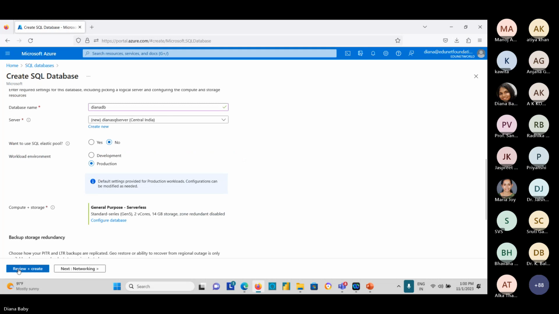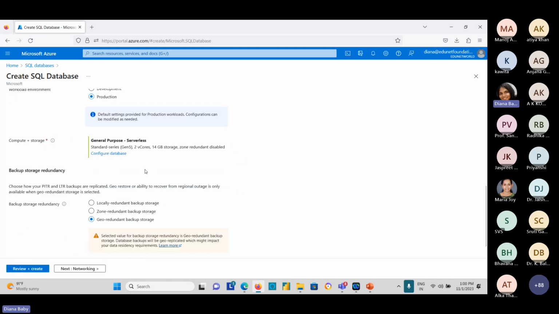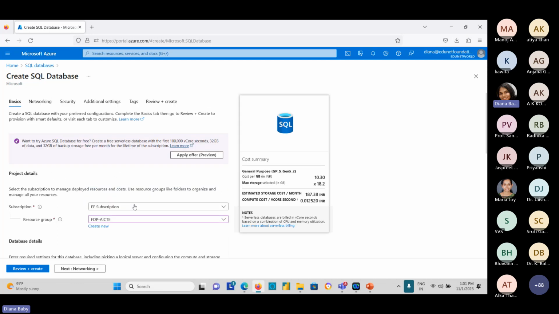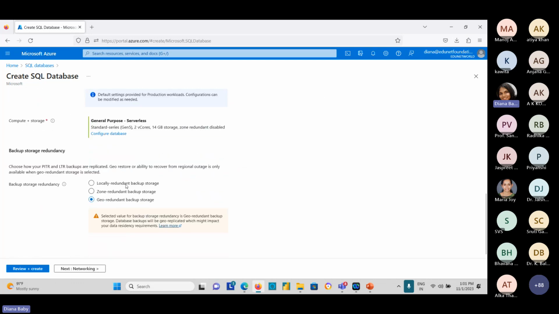Apply. Okay, so we have configured the database. Then backup storage and redundancy. Yesterday also, when we were creating the database, we were talking about the